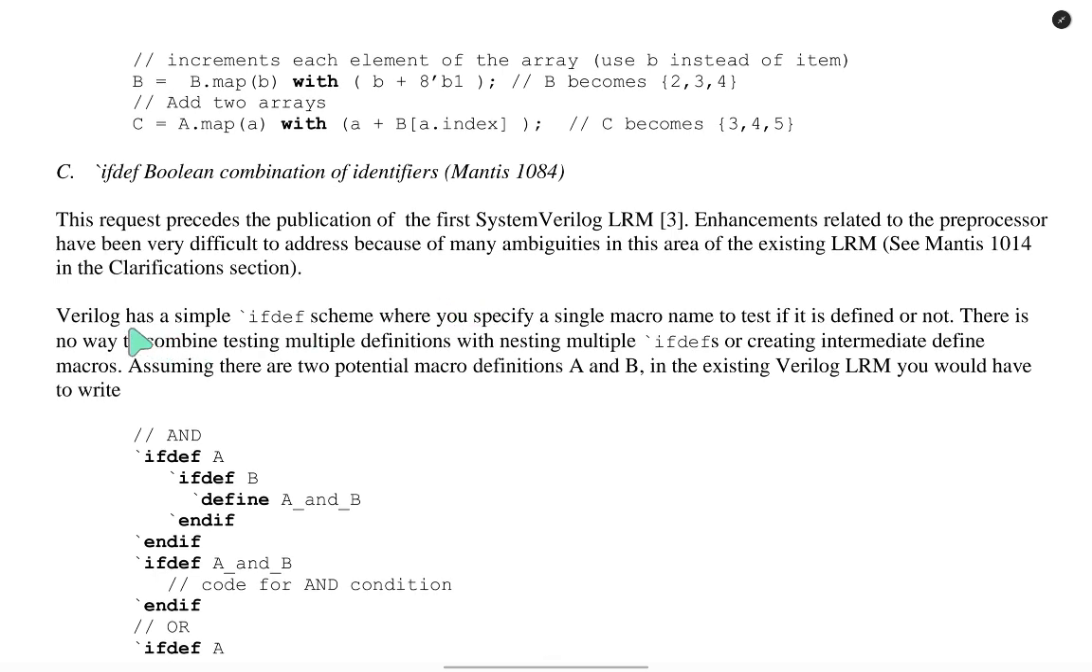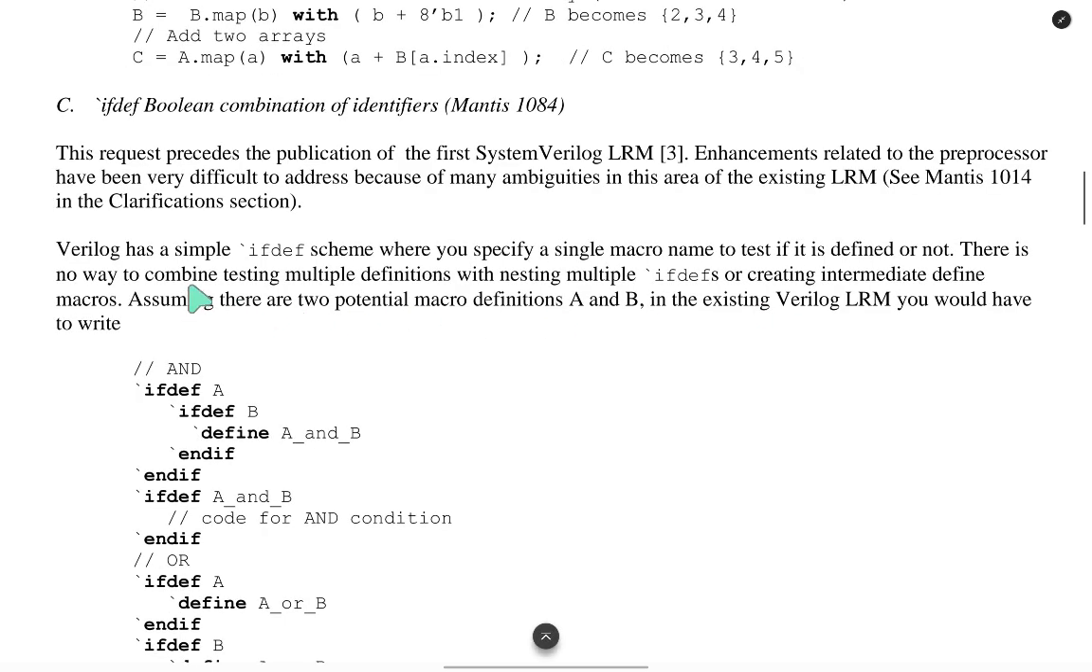Verilog has a simple ifdef scheme where you specify a single macro name to test whether it is defined or not. There is no way to combine testing multiple definitions without nesting multiple ifdefs or creating intermediate defined macros. Assuming that there are two potential macro definitions A and B, in the existing Verilog LRM, you would have to write